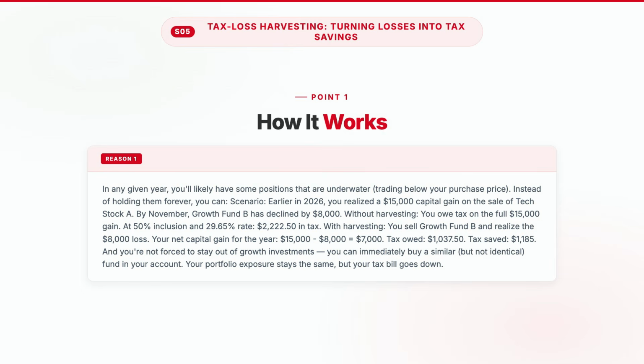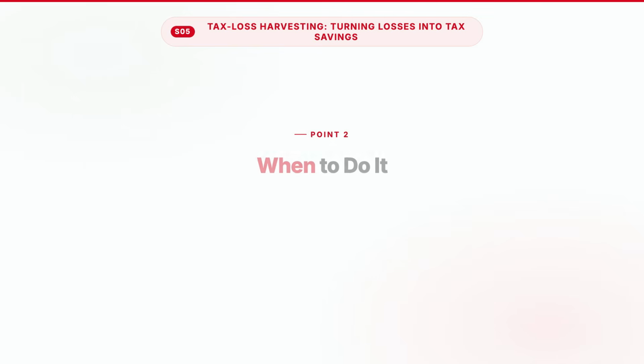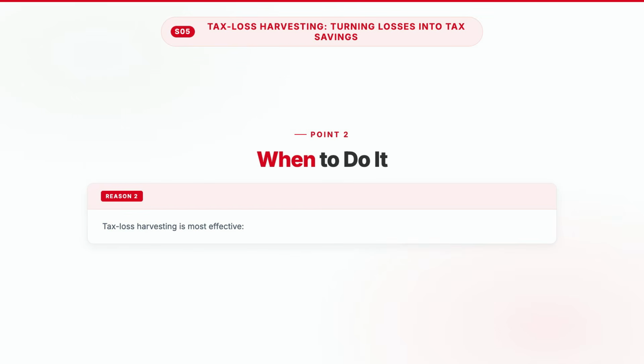Your net capital gain for the year, $15,000 minus $8,000 equals $7,000. Tax owed, $1,037.50. Tax saved, $1,185. Tax loss harvesting is most effective